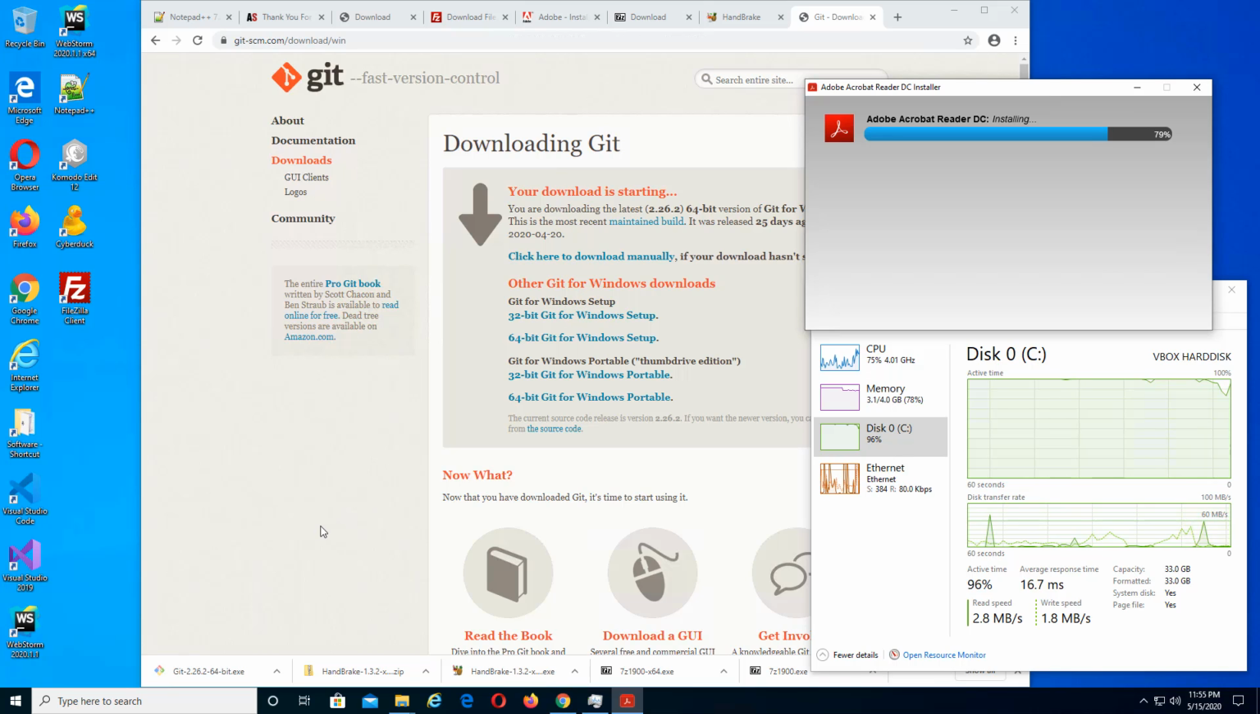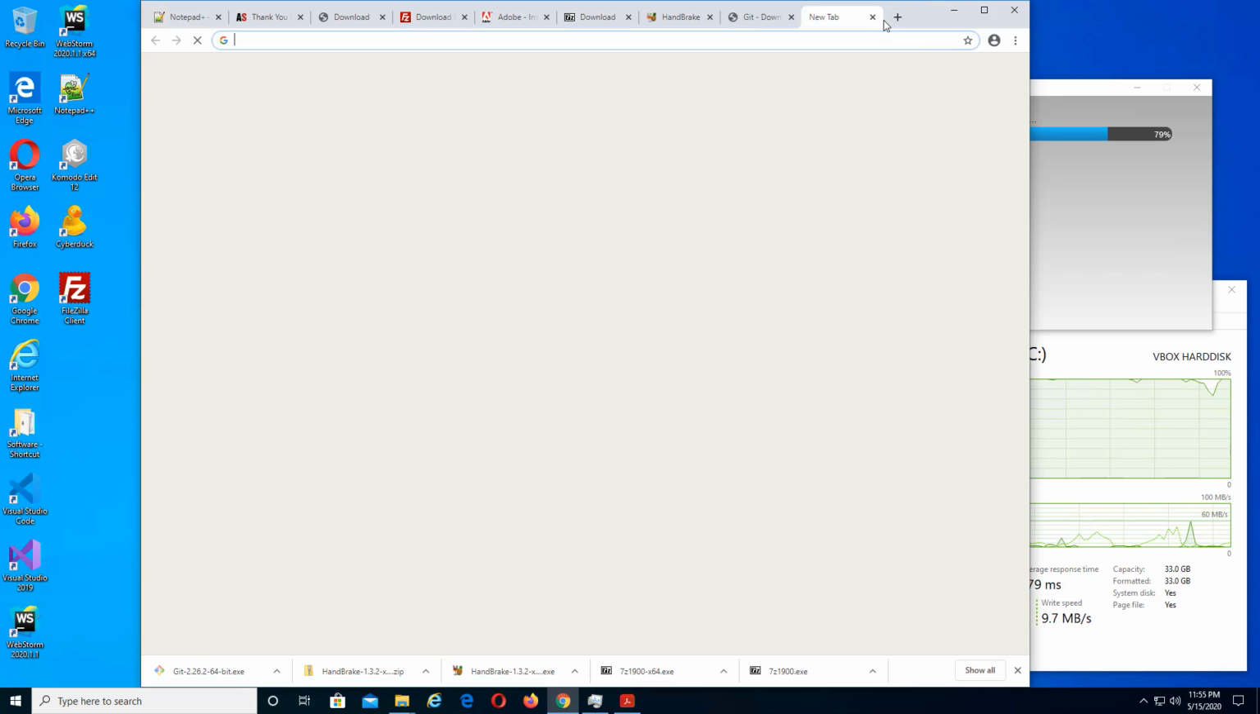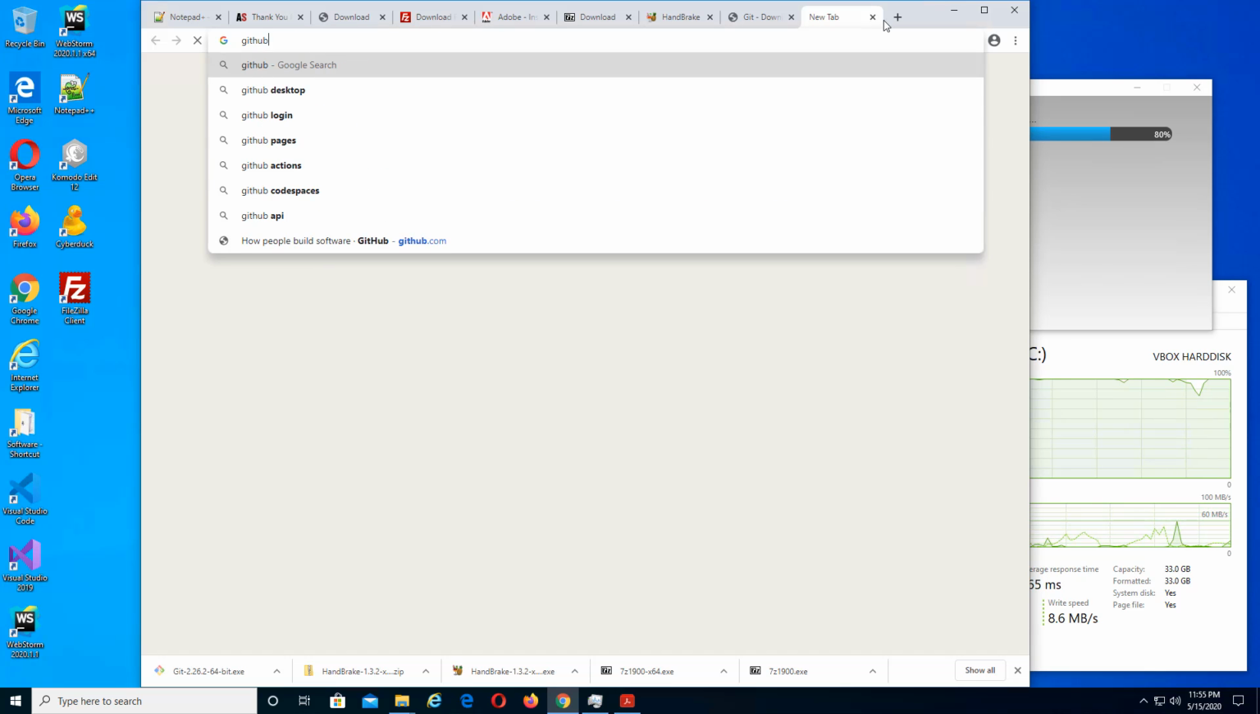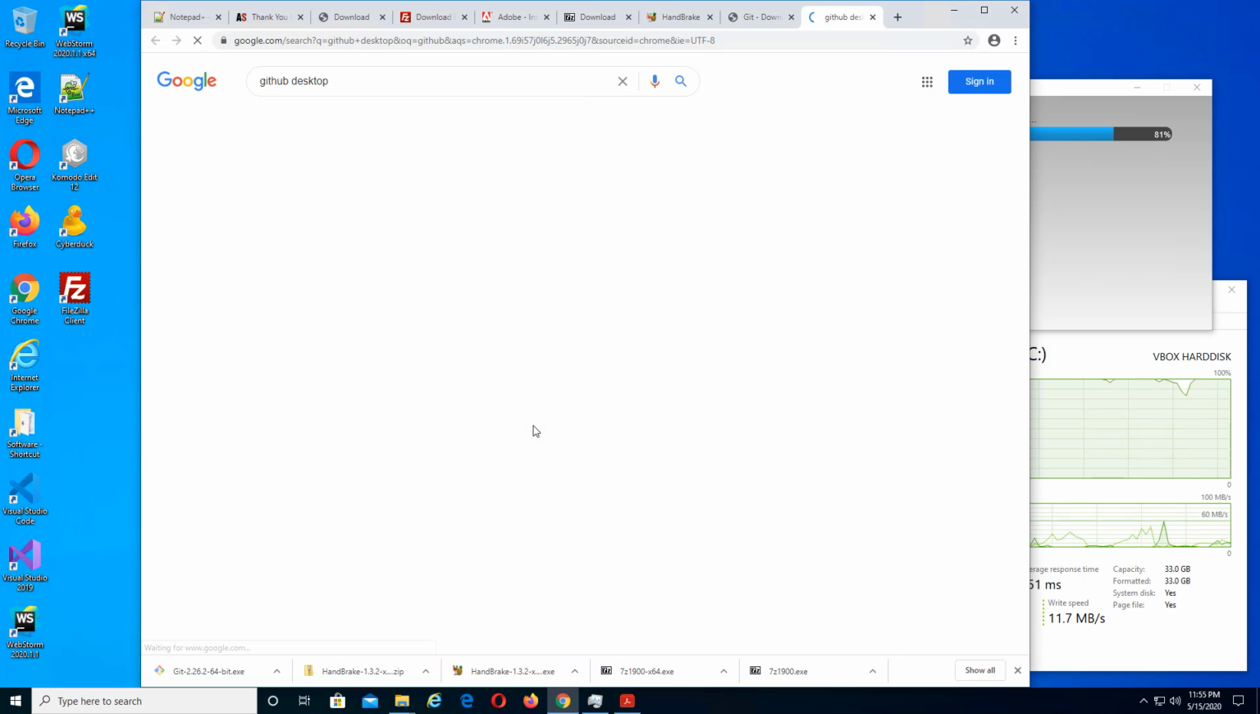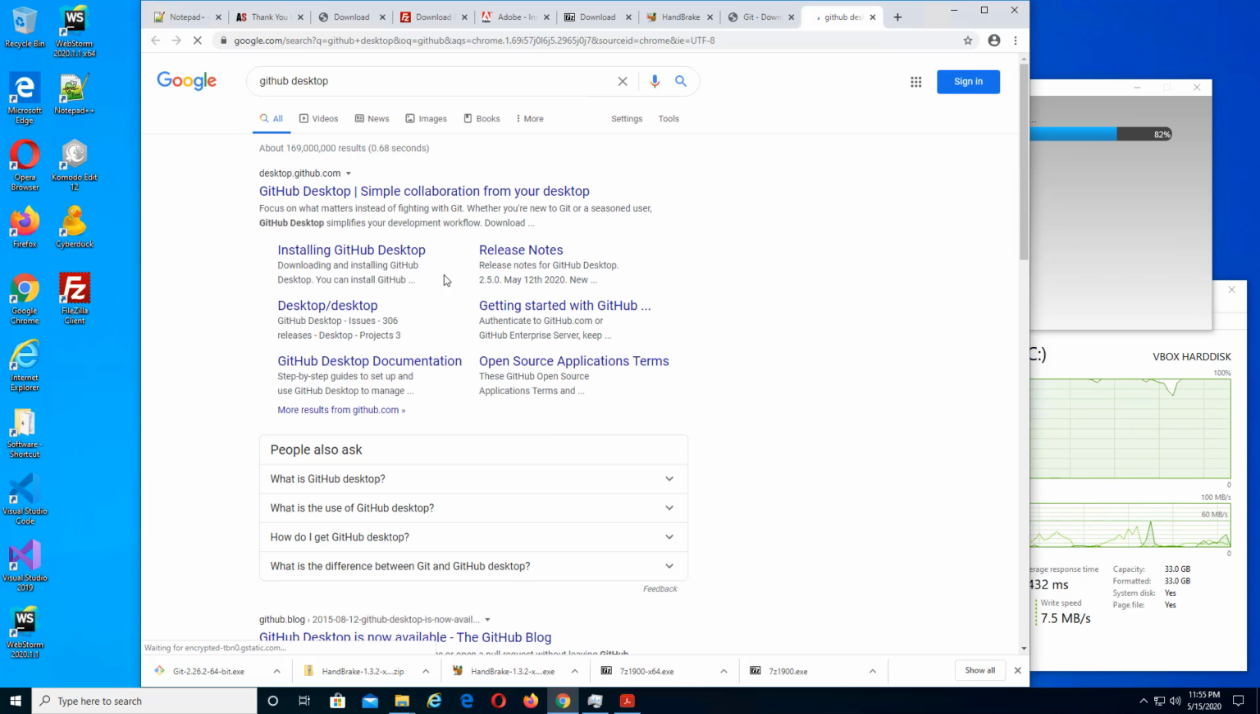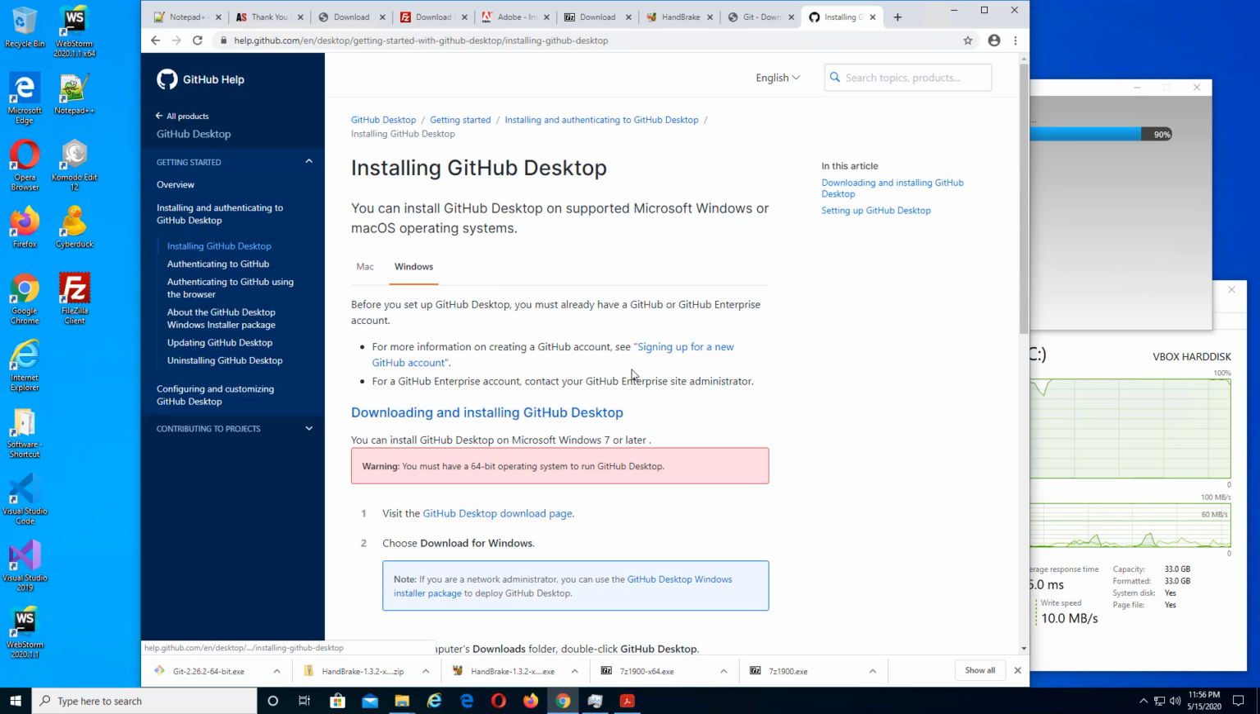Alright, guess we'll wait for that, and we will go download GitHub Desktop. To be honest, I don't really see me using this, but you never know. GitHub is for version control. Well, Git can do it too, and GitHub is kind of like where you can stage everything. So as a repository,